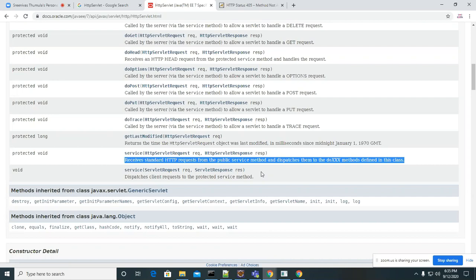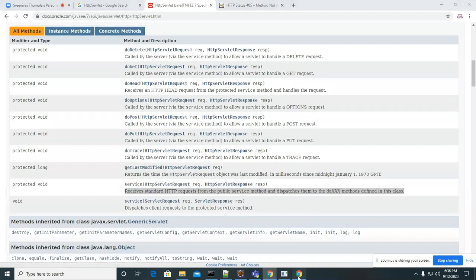While executing that service method, it will identify the method type and call that particular method. If it is a get method, it will call the doGet method. If it is a post method, it will call the doPost method. Like that, they added some if conditions there, and based on the type, they call it. That code is inside that service method.